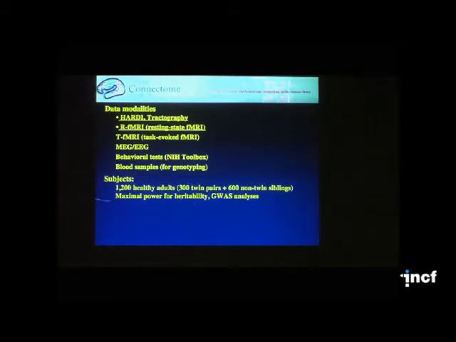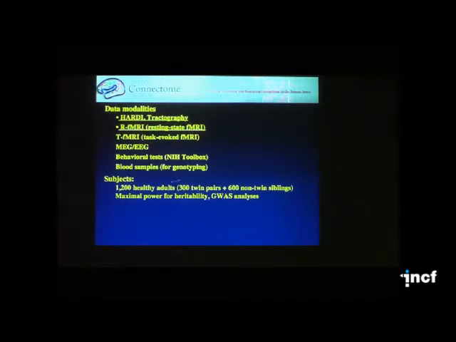But this is an endeavor where we intend to study a large number, that is 1,200 healthy adults. By the stipulation of NIH, they want baseline data on the healthy adult condition before heading off in the direction of disease and developmental and various disorders. But coming back to our core mission, we've devised a twin-based strategy to get the maximum bang for the buck.